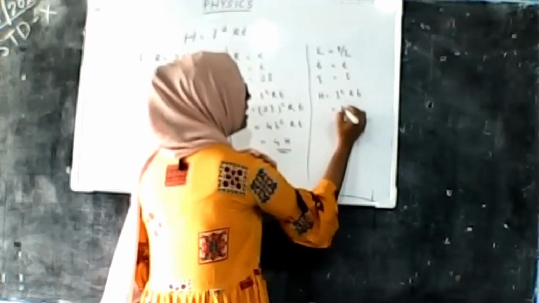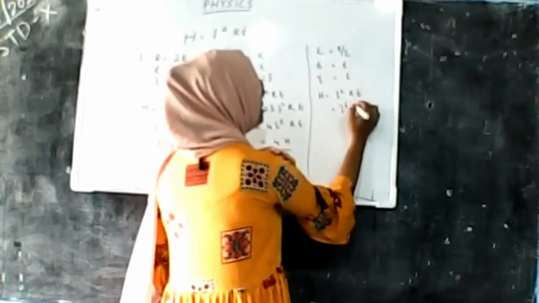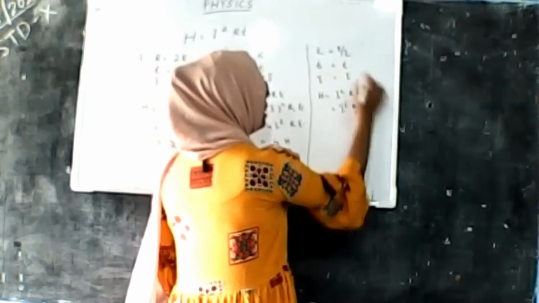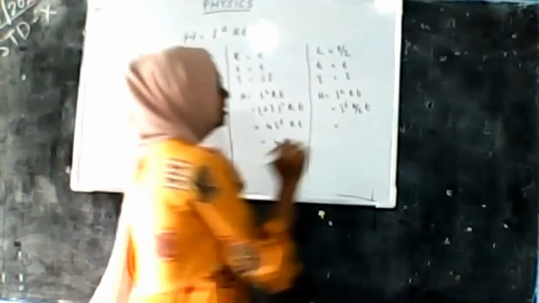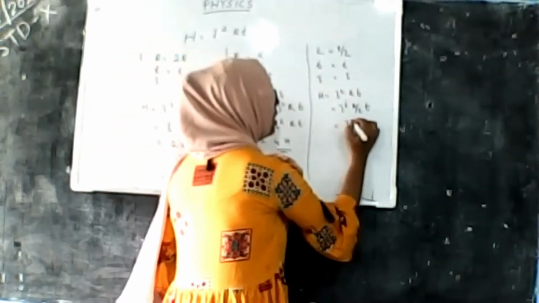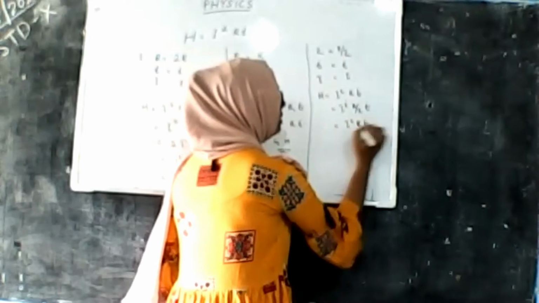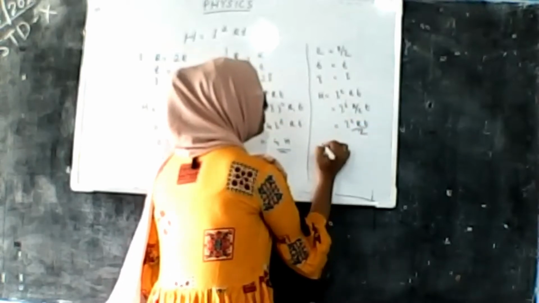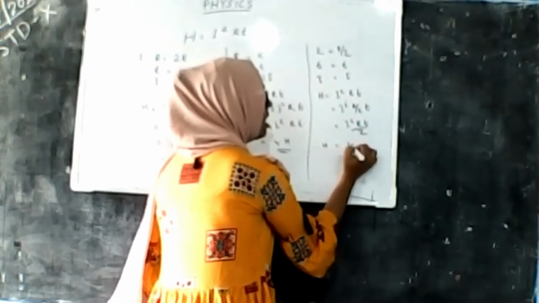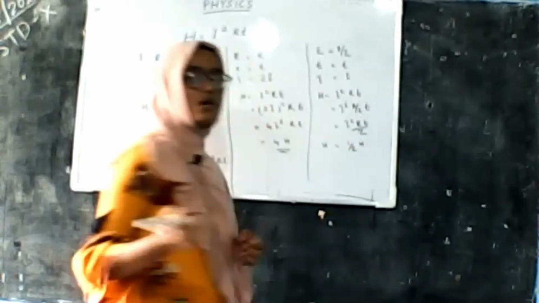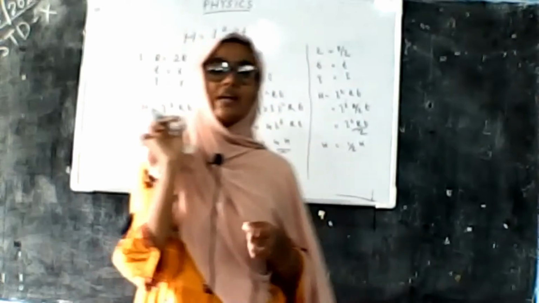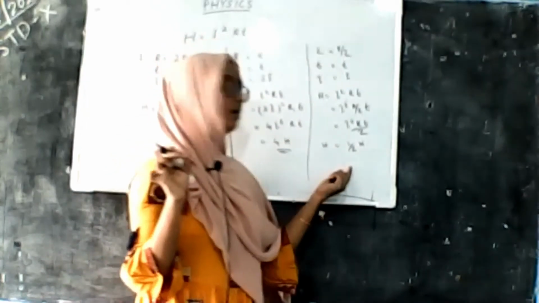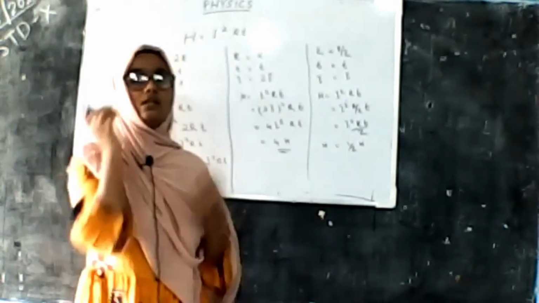I is I square, R is R by 2 and T is always T. So here the equation comes to I square RT by 2. So here H is half H. So here the H comes to half change. Half H is the change of heat energy in the third case.